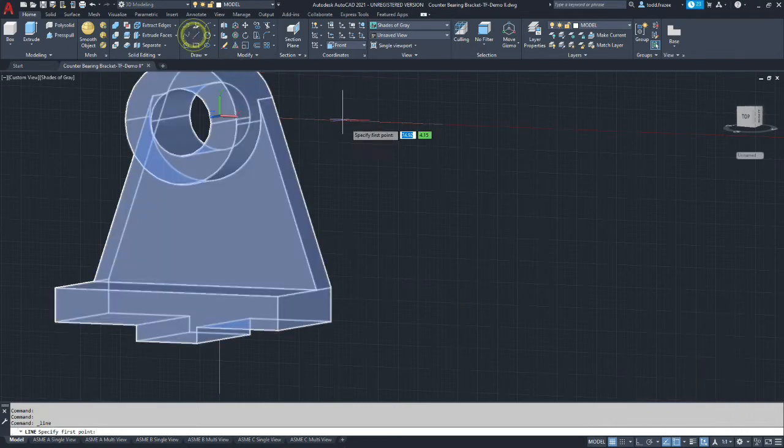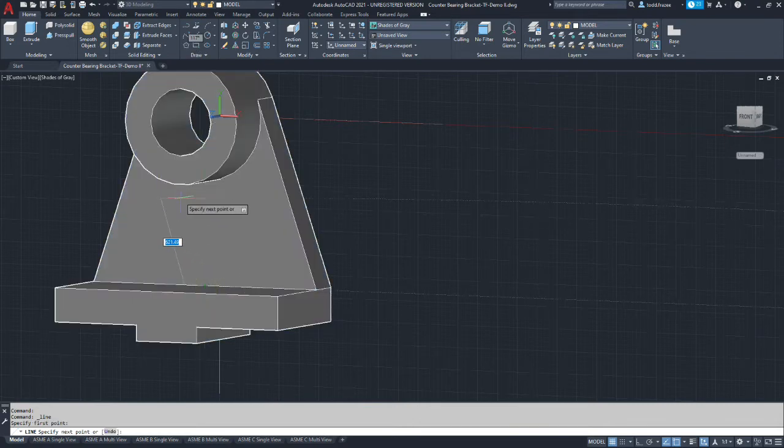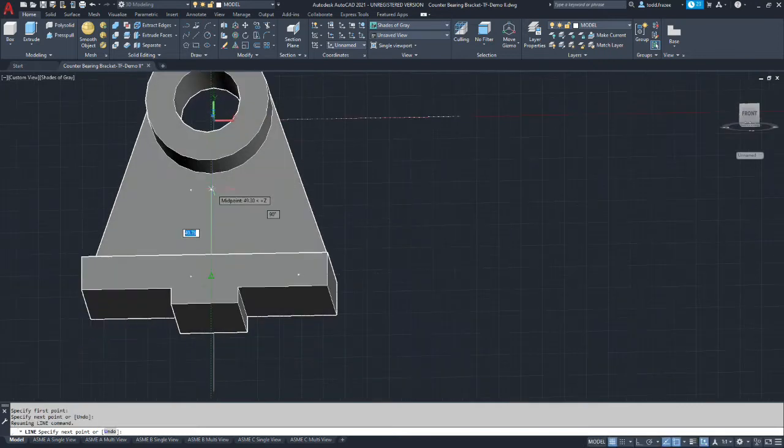Now we're going to make a line from the midpoint of the edge I have highlighted. And that'll go to the, we actually want to go past the center. And for due diligence, we should have ortho on to make sure it's 90 degrees. So go ahead and do a line that goes to origin.